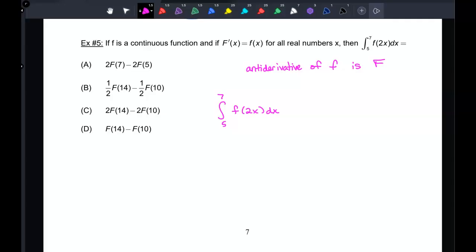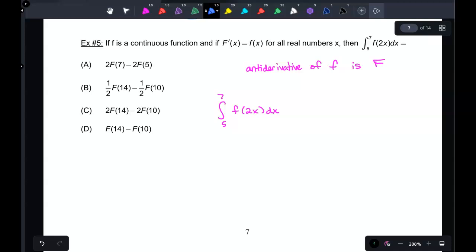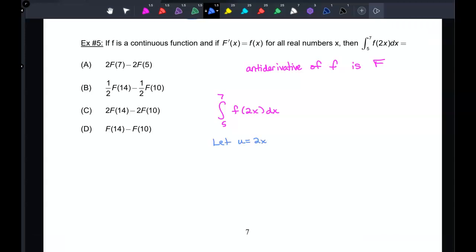Okay, so I want to figure out which one of these is going to be. How do you get B? It's a good guess, right? Is it right? But why? Because you divide by 2 to multiply, because it's both by half, so then it's 7 and 5. And then what are my limits of integration? U of 5 is going to become 10, and U of 7 is going to become 14. So basically, we get 1/2